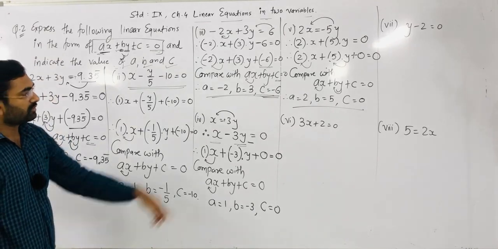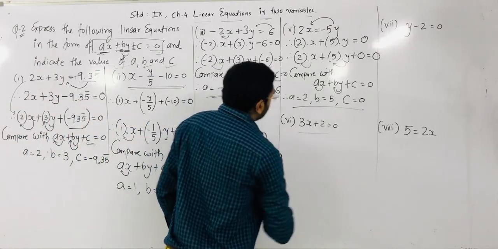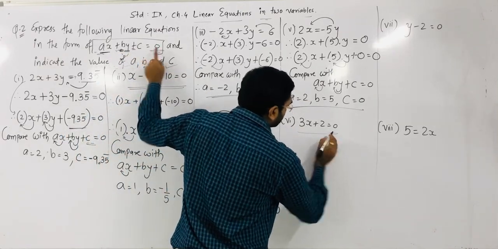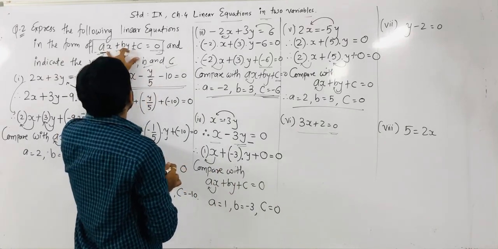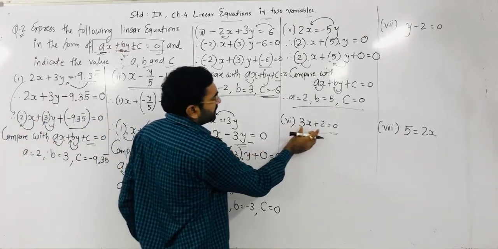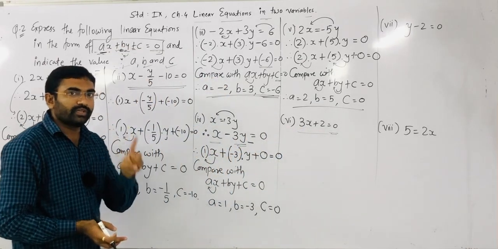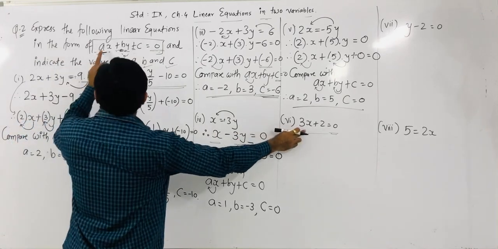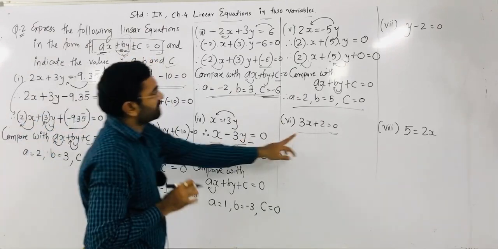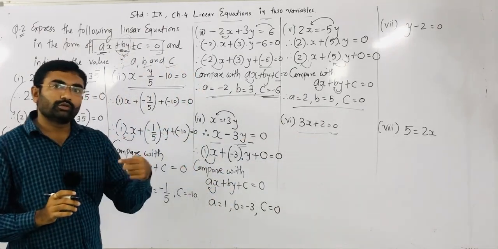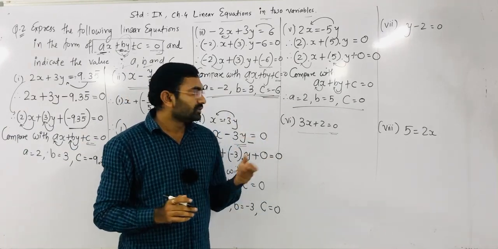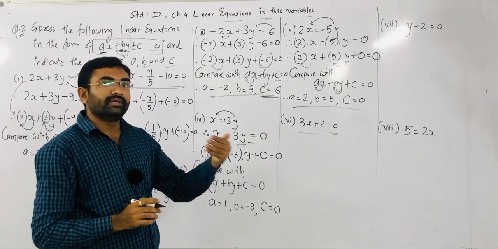Okay. Now question number 6. Observe here. We have to form the equation in that form, with the right-hand side equal to 0, which is already given. But on the left-hand side we require three terms, and in the given question only two terms are given. So which term is missing? The x term is given and the last constant term is given, but the y term is not given. As I told you, whatever term is not given, we have to write with a multiple of 0.